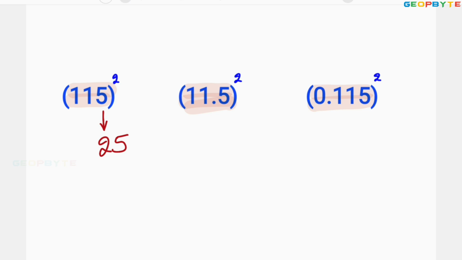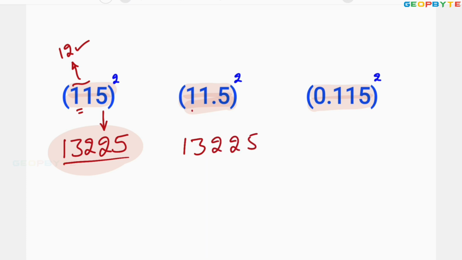Then you multiply this 11 with 12. 12 is the next number to the 11. 11 multiplied by 12 is the 132. Therefore, 13225 be the value of 115 whole square. You take the same value for 11.5 whole square also,